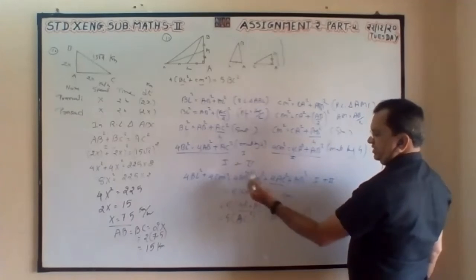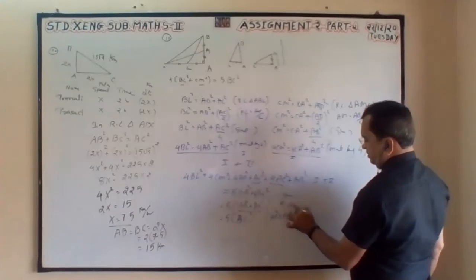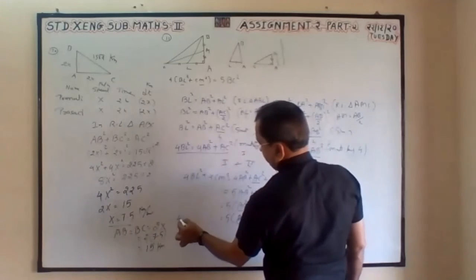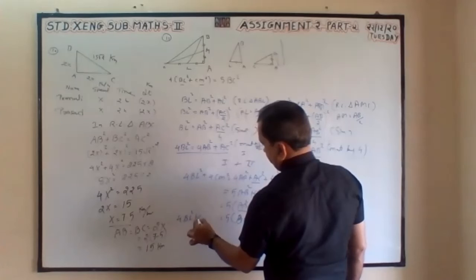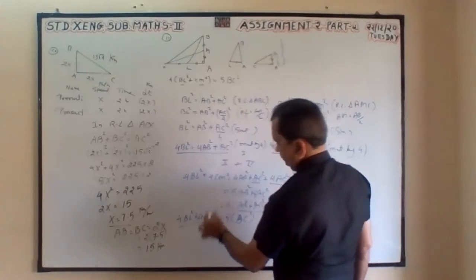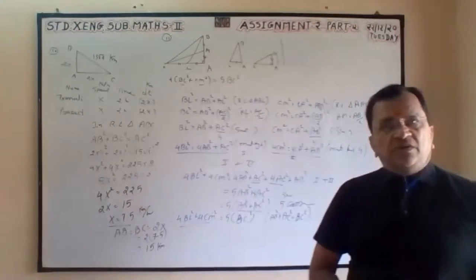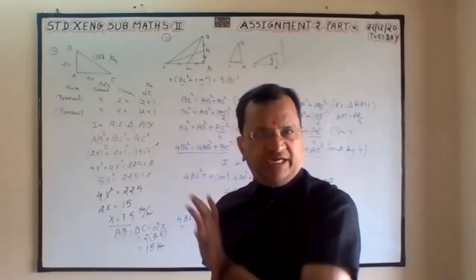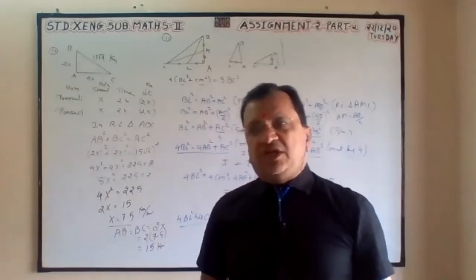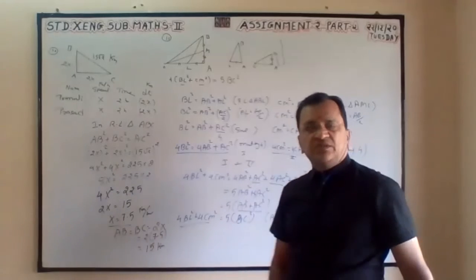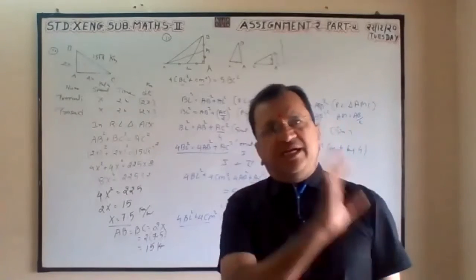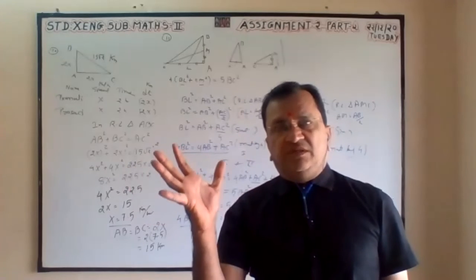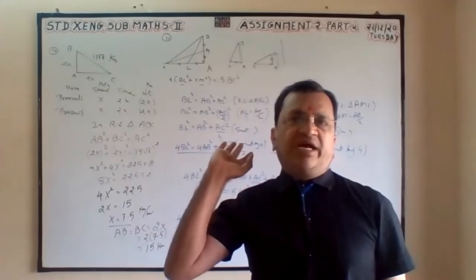Simplify. Means 4 plus 1, 5 I have done. 5 common I have taken. Now I have given the reason. Now this is proved. 4 steps this side, 4 steps this side for the second triangle, then add again 4 steps: exactly 12 steps. And it should be rhythmic, no need to mug up. If the concept is clear, very easily you will get the answer.